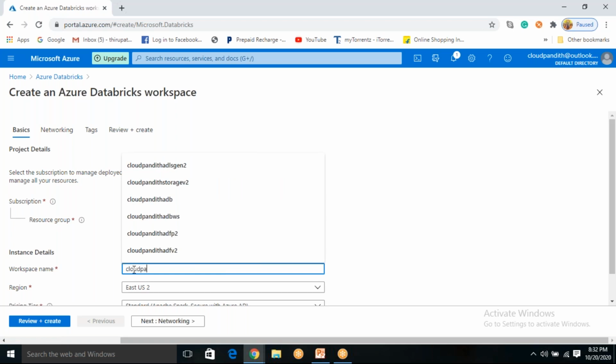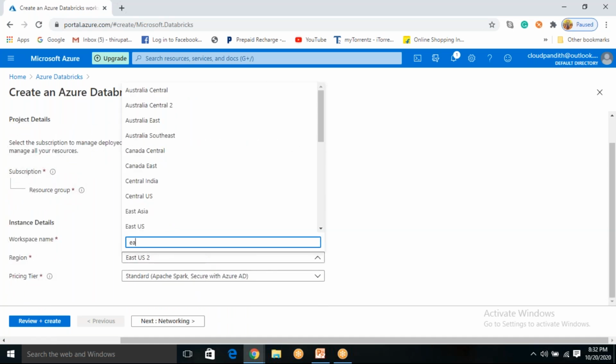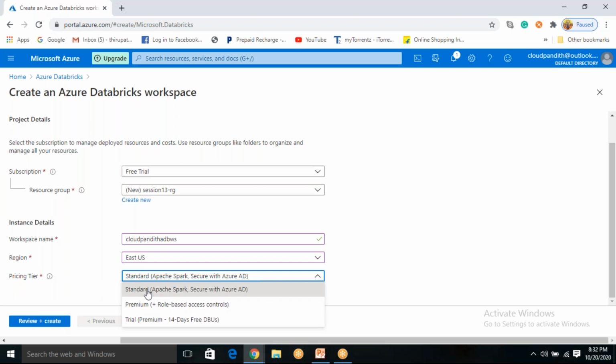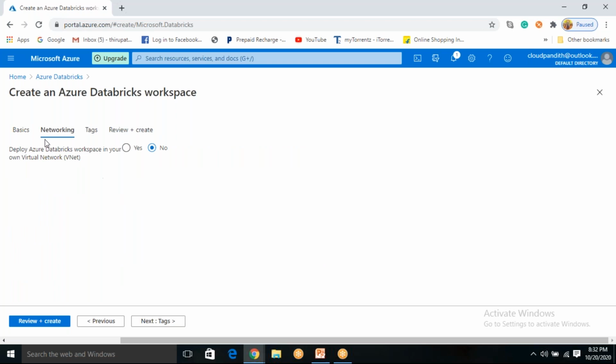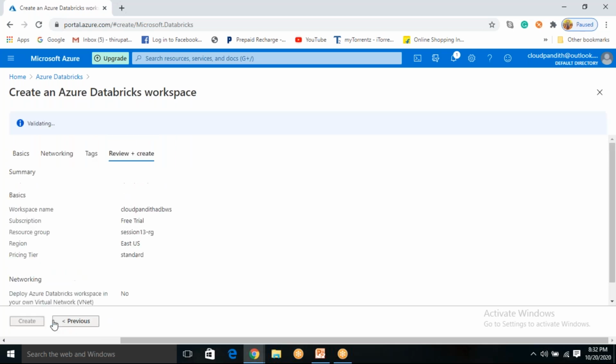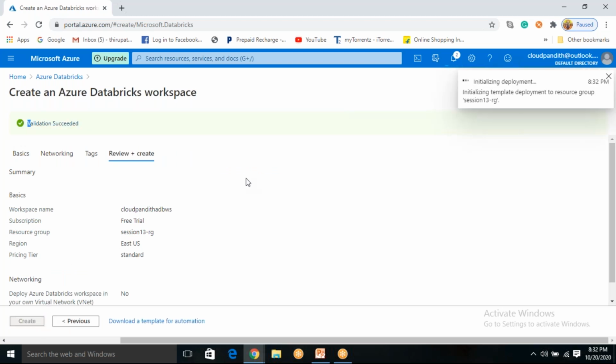Okay, here I can name the Azure Databricks workspace. I want to launch it in East US, so you can select East US. Okay, you know all these things, we discussed them multiple times. For the pricing tier, you can choose whatever you want, but if you go with premium you'll get role-based access control. I don't want that for now, and I don't have my own virtual network, so I'm leaving it blank. Click tags. If you want to give any key value pairs you can, otherwise leave them blank and click review plus create. Validation succeeded, you can create the Databricks workspace.